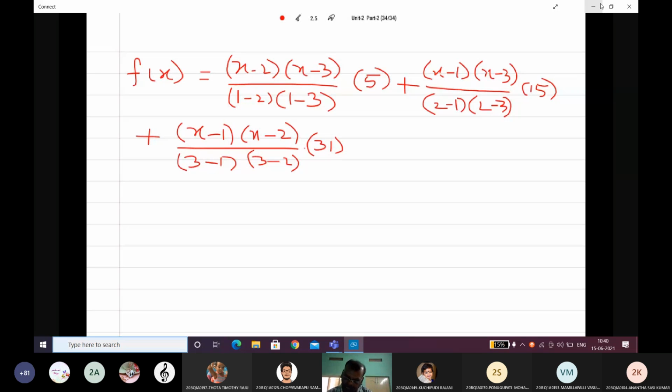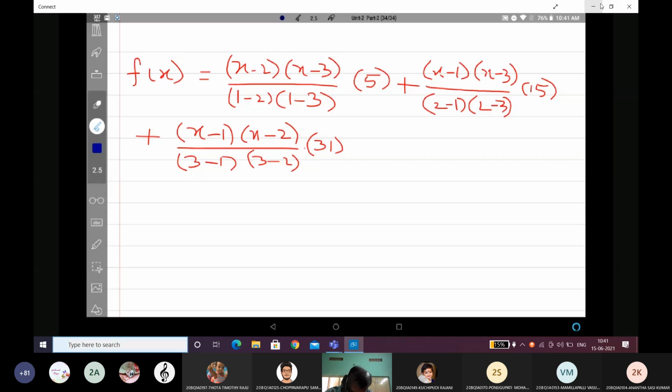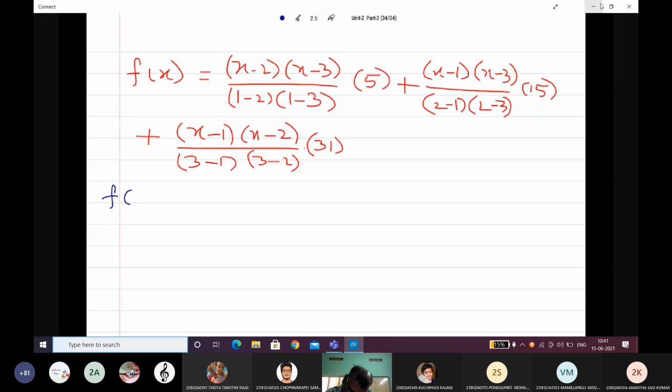Okay, so the numerator remains as it is. f of x is equal to, here minus 1 minus 2, minus 1 minus, plus becomes 2, that is equal to 5 by 2, x minus 2, x minus 3 into 5 by 2, plus second one,